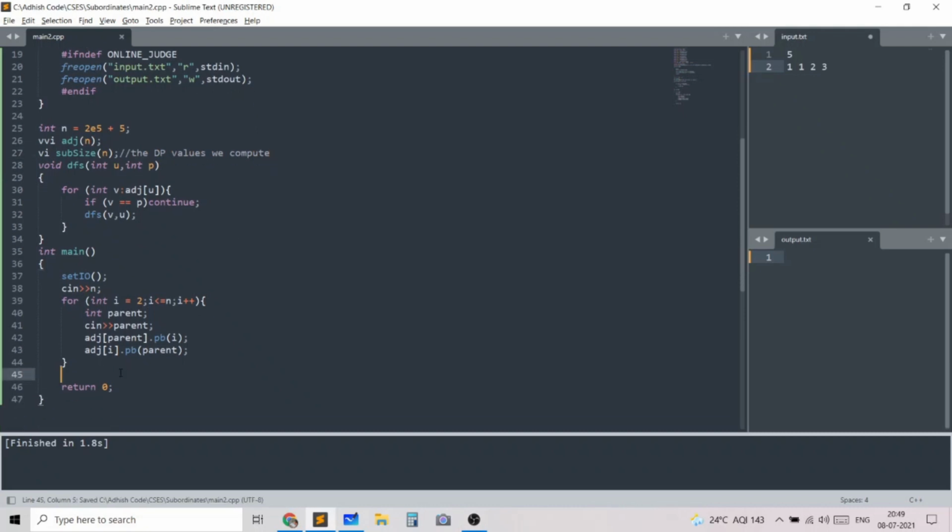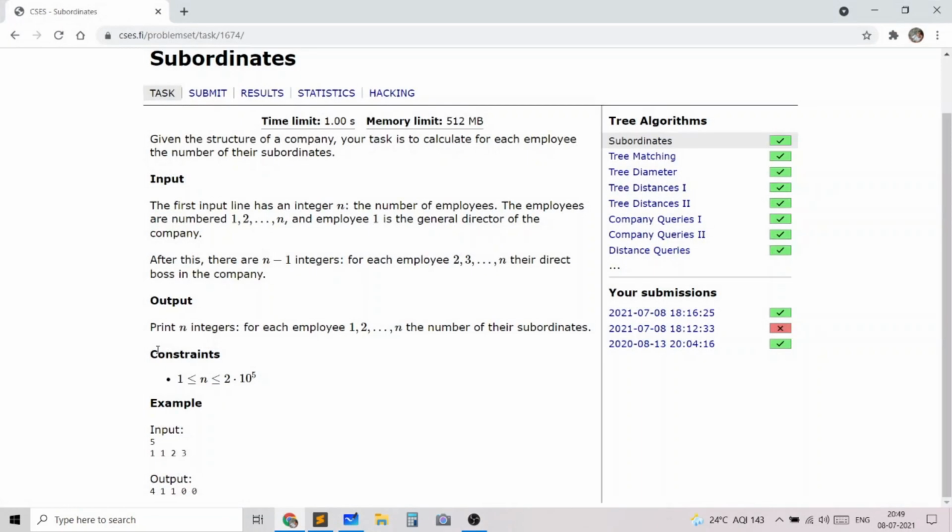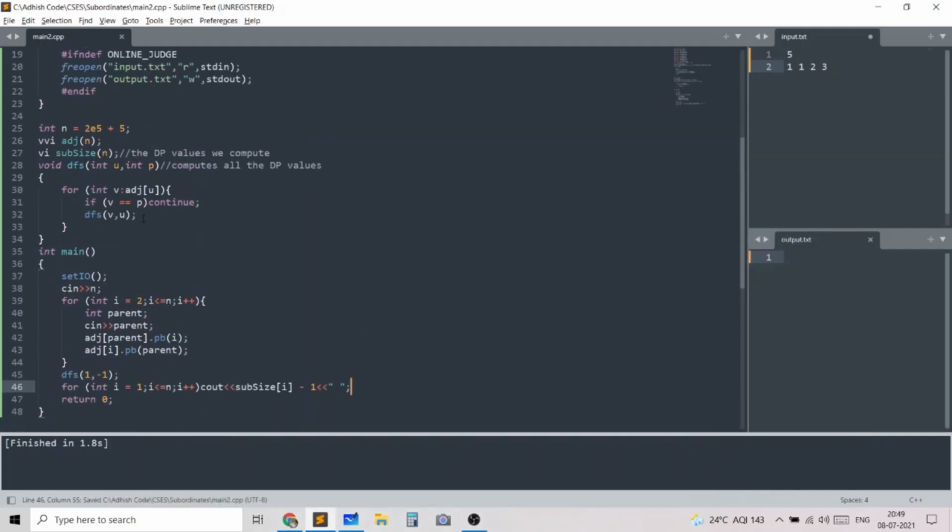Then we basically call DFS on 1 with no parent, and this DFS actually computes all the DP values in the DP table, and in the end we need to print the output which they are asking us to print, and what they are asking us to print is the subtree size of each node minus 1, and that's what we'll print.